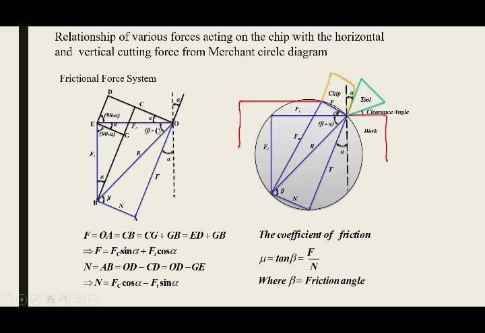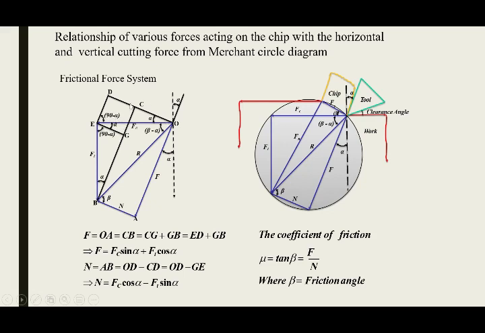We have to discuss first the different angles. We have already drawn this line at an angle alpha. This angle is 90, so this angle will be 90 minus alpha. Okay, so again this angle is 90 minus alpha.